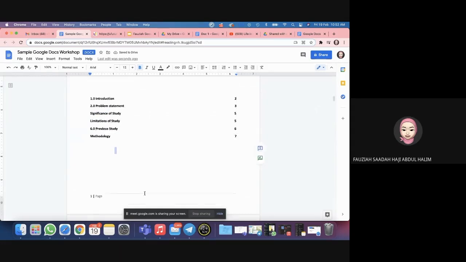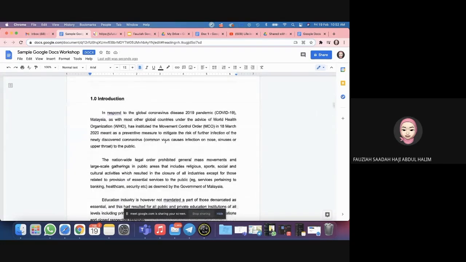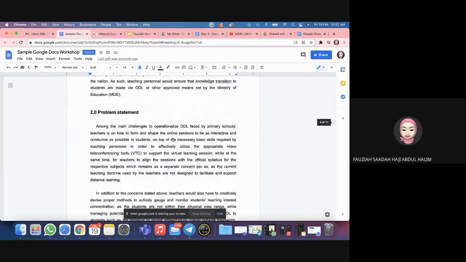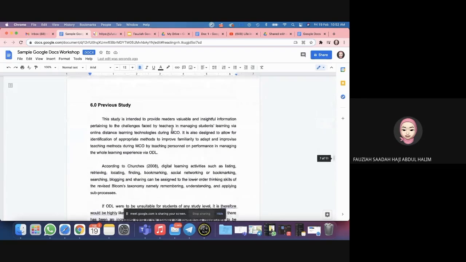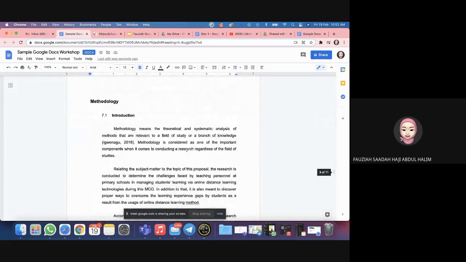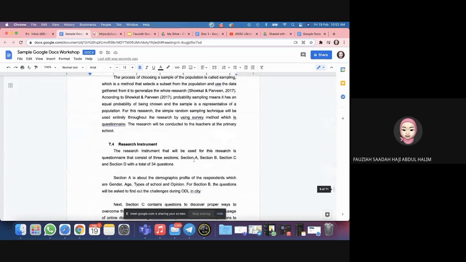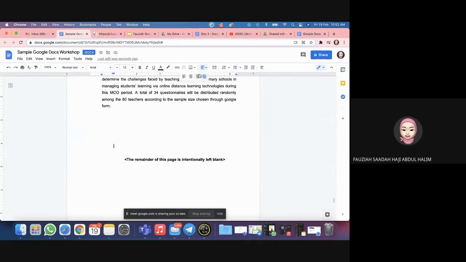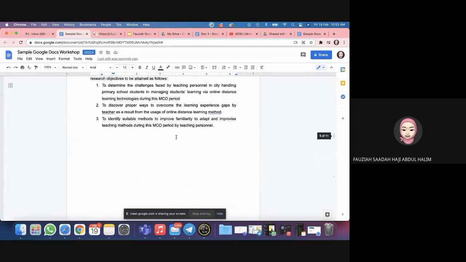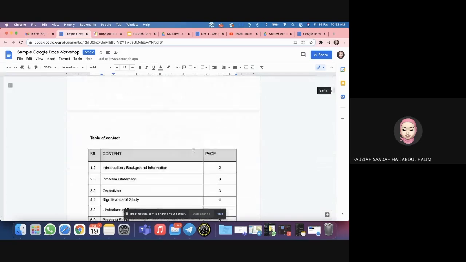Okay, another pro tip that I would like to share with you is, for instance, like this one. Katakan that you have a document that is panjang, and then you want your reader to have the option of going back to the top of the page. Okay. Right. So what you need to do is, okay, contohnya I want them to go back here. Okay. To go back here. What you do is you just insert the